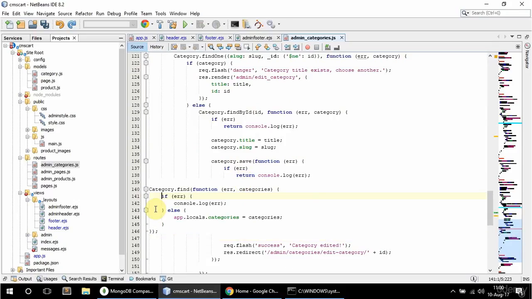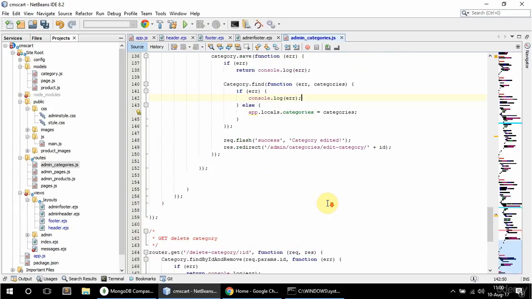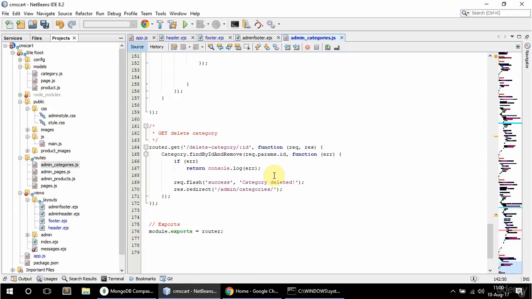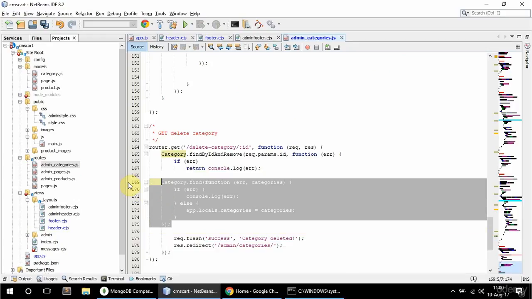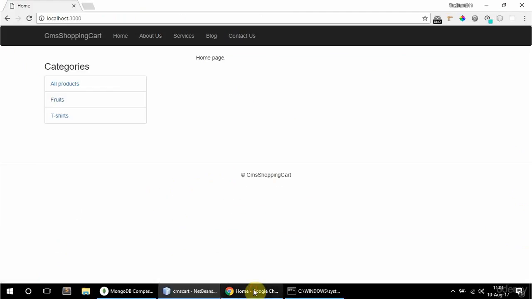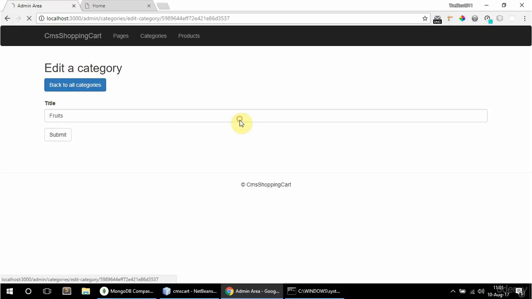Just Control Shift F, actually Alt Shift F in NetBeans, and in here on delete as well. And that should work. Let me just quickly test this. So if I go to admin pages and just go to front end here as well, so categories, fruits, and if I say fruits 2,